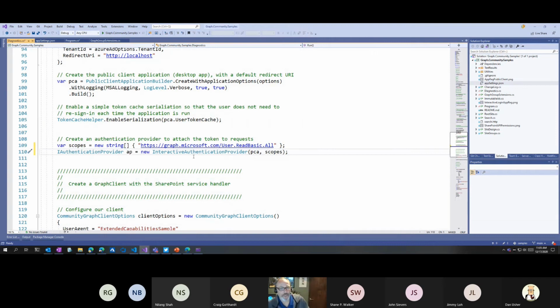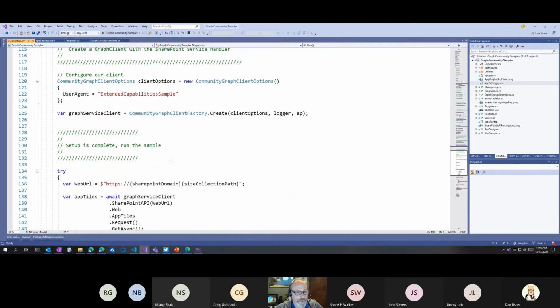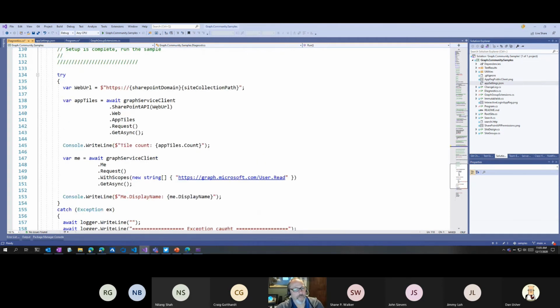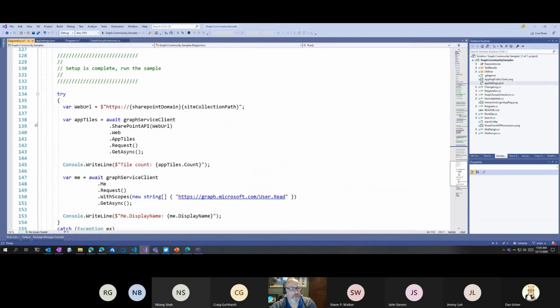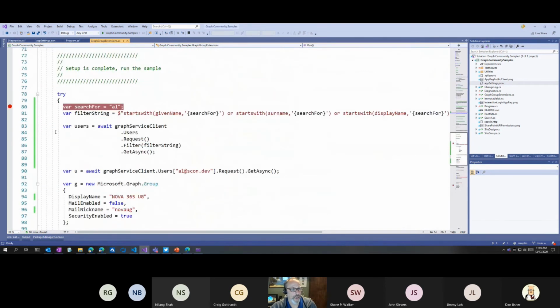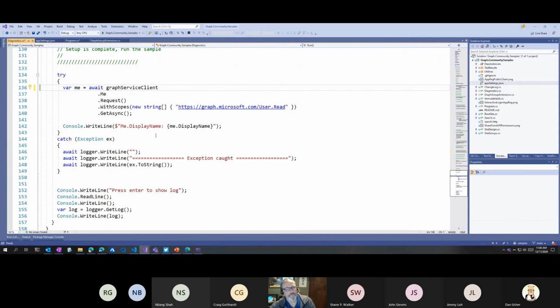And you'll notice here again we're using the interactive authentication provider. This particular example is just making a call out to something, but we're going to want to change that. This one's getting app tiles from SharePoint, and I don't want to do that. So what we're going to do instead is go back to our user. We're just going to get Al. So let me come down here, and the bit that does the get Al, copy that, and we're going to put that here. Oh, even better. We'll just use this one that says get me, and it writes the name. All right, so hopefully I haven't screwed it up too much.